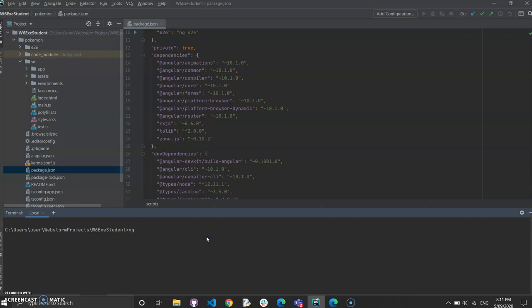I'll use the command ng --version. ng here determines Angular. As you can see, I am on the following version of Angular. Now we would run a few npm commands to ensure that we have all the libraries, in case we sometimes miss out on a few libraries. So let's run npm install.